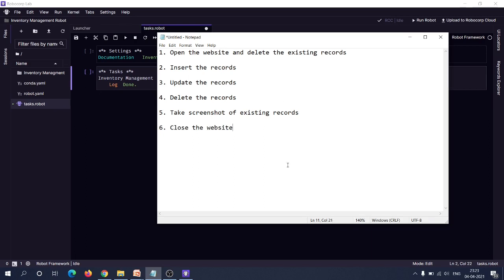So these 6 steps are what we have to perform. Okay, so let's start with our first step, that is opening the website and deleting the existing record.